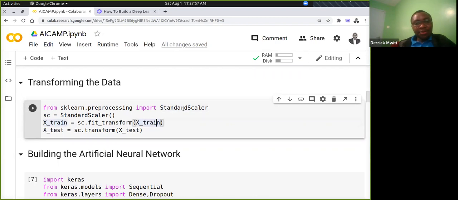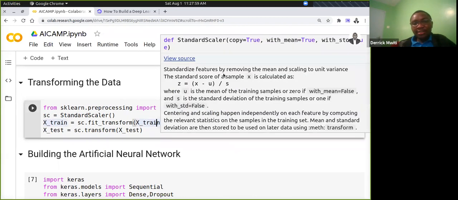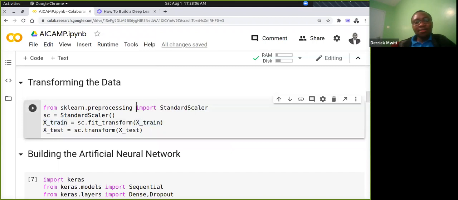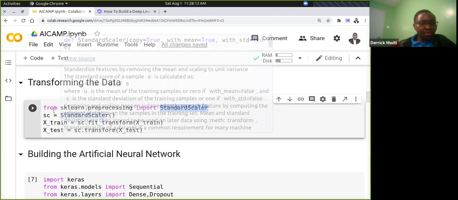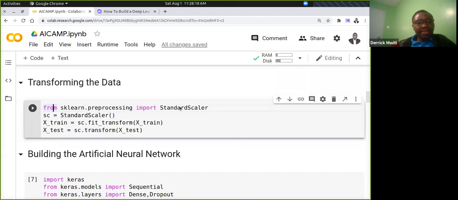And if we were to even check this documentation, we can see that it says it standardizes features by removing the mean and scaling to unit variance. So this is just one of the ways. There's another way where you can just convert them to numbers. This is the standard scaler. There are other scalers we can also use, but in this case, let's just stick with